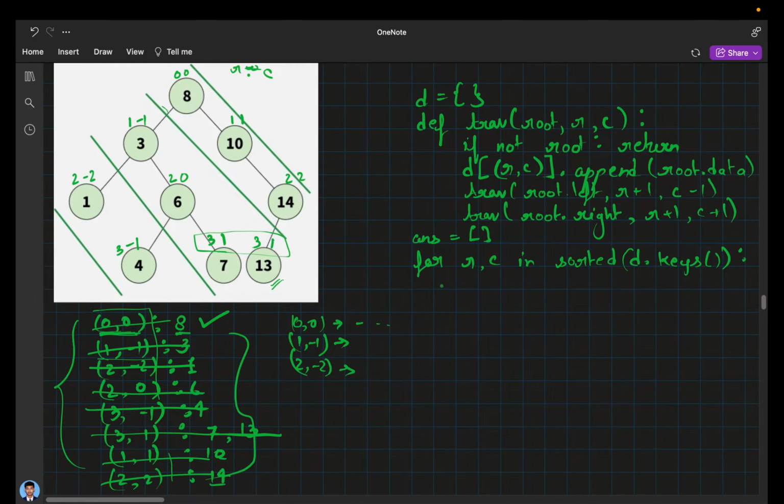And here we check if R comma C is in our dictionary, then what we have to do is